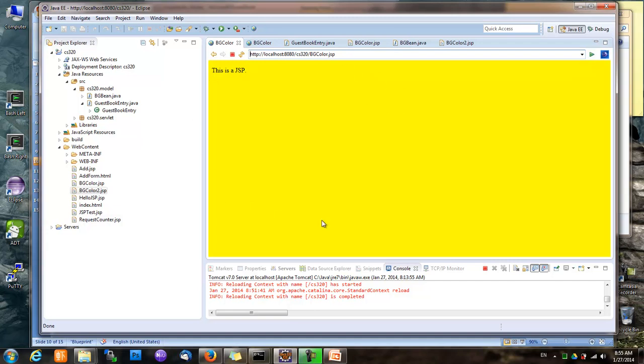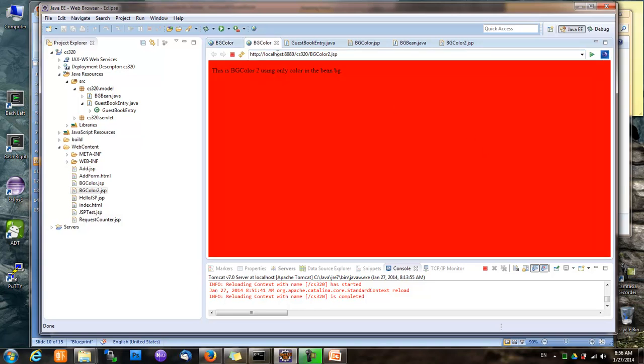Notice that this color remains yellow, and that's because the bean is now in session scope and is valid throughout the session. So even though this time we are not specifying the request parameter, the previous color remains because we are still in session. And now if we refresh here,